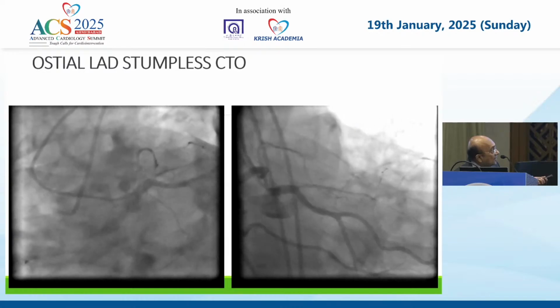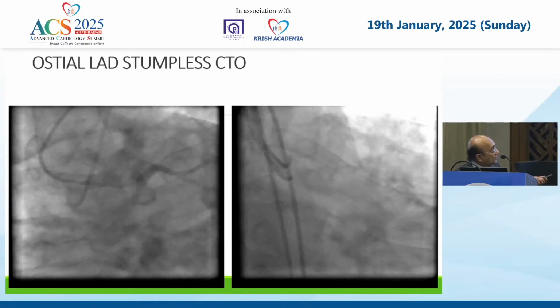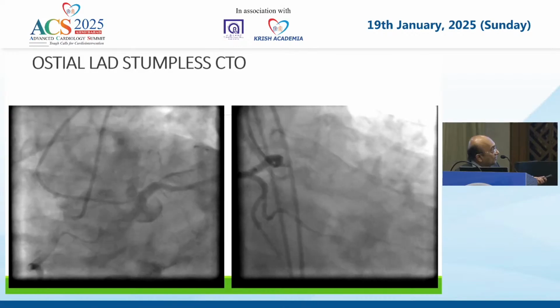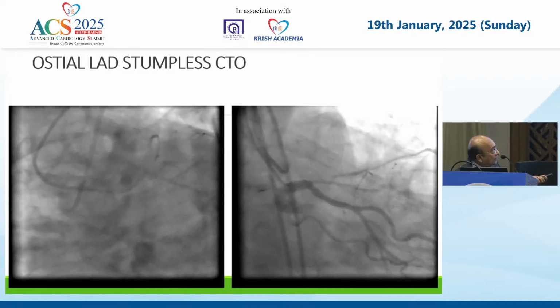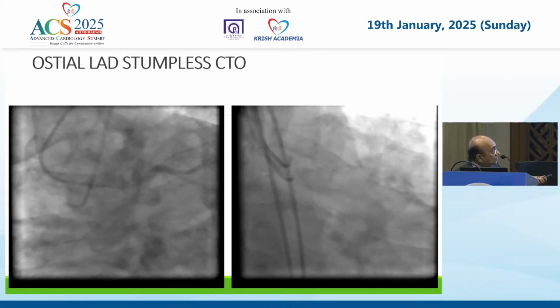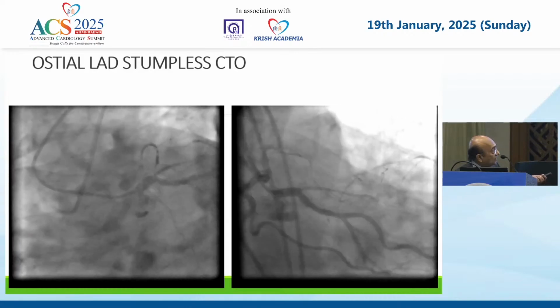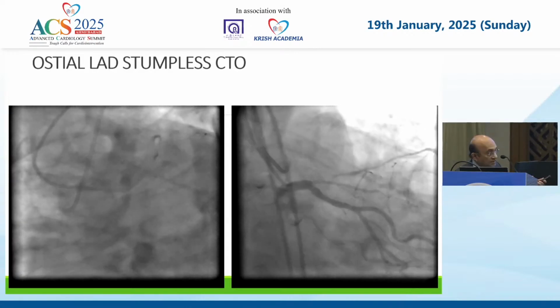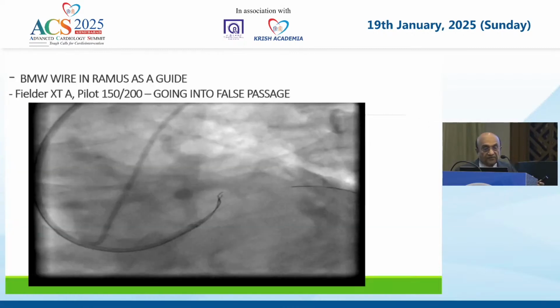A, either completely retrograde. B, I use an IVUS and try to find out where the carina is, and if the carina is found, then I find that is the suspicious area where the LAD could be arising, and try to penetrate under the guidance of IVUS. Or thirdly is that after having found